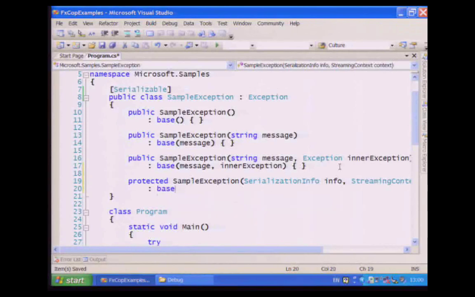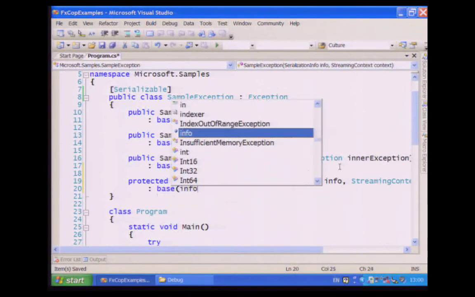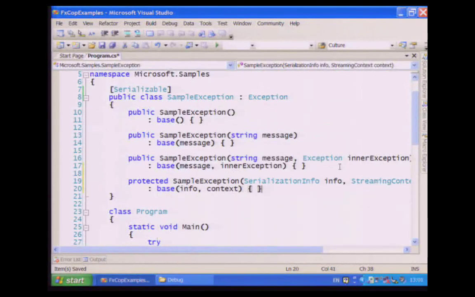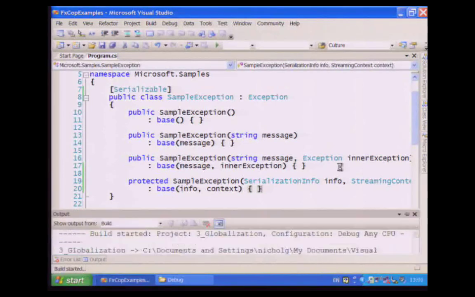In this case, we don't have any of our own instance data. Just pass on those incoming parameters that the serialization subsystem calls us with and pass them back to the base class, and it will have the storage for the message and the inner exception and deserialize those correctly for us. So just build